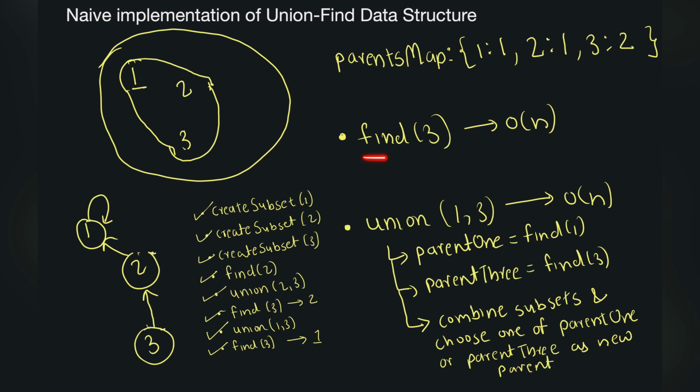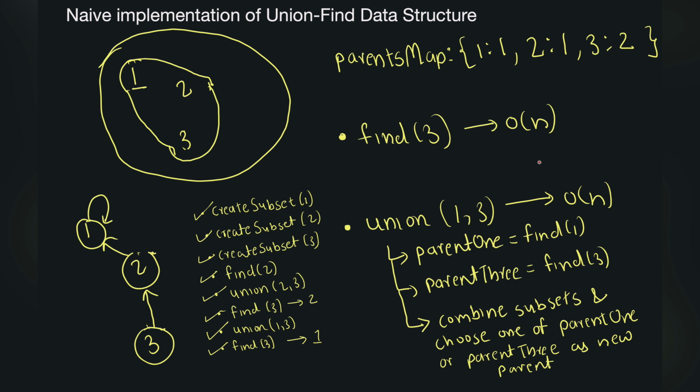Programmatically, when we have to do find of 3, we use this parents map. We find what's the parent of 3, it's 2. What's the parent of 2, it's 1. What's the parent of 1, it's 1. So we follow this process until there is a self parent in the parents map. So you can understand, in the worst case, if your tree is skewed like this, your find operation can take